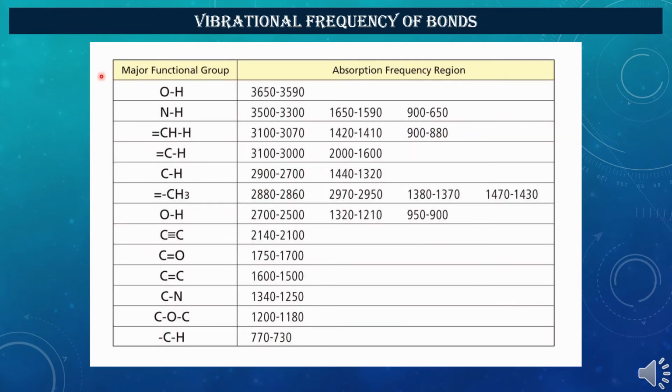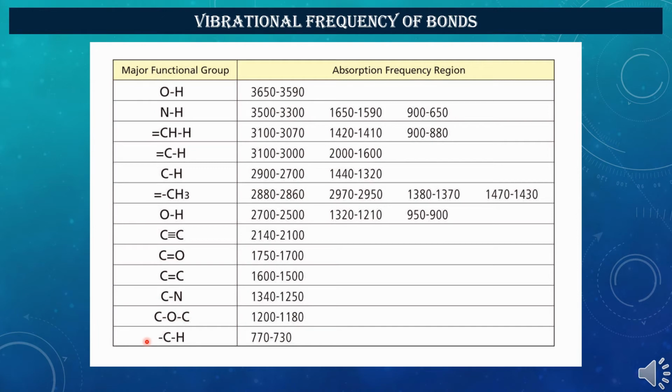As from previous video, we have the idea about frequency range of IR, and we know that 4000 to 400 centimeter inverse is the mid-IR region. Here, the chart shows the range of frequency absorbed due to corresponding stretching and bending of functional group. So in IR spectra, when we observe absorption or transmittance at any certain frequency, then presence of corresponding functional group is evident from that spectra.